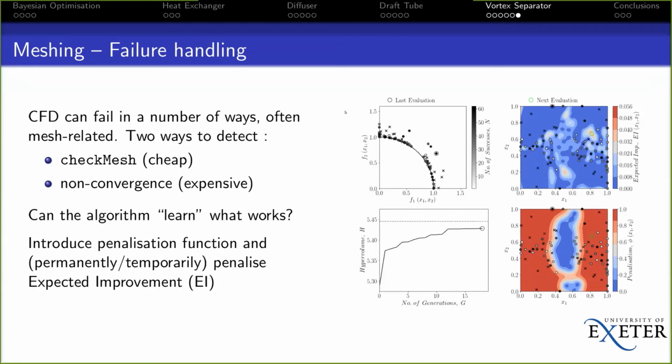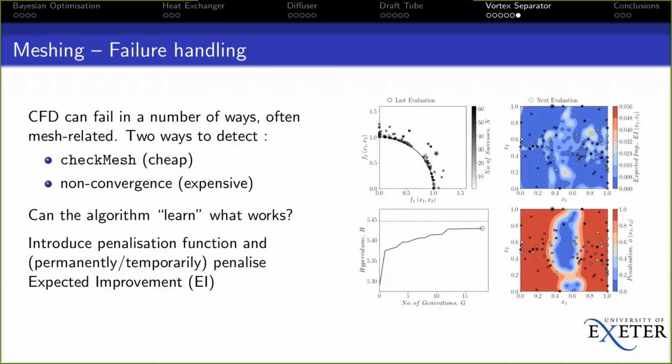So we set up this DTLZ2 system, which is trying to optimize to this arc in space here, and knocked out an area here which we declared our simulations wouldn't work. We can introduce a penalization function which permanently or temporarily penalizes the expected improvement in this area, and we can introduce an additional surrogate function to learn that aspect,